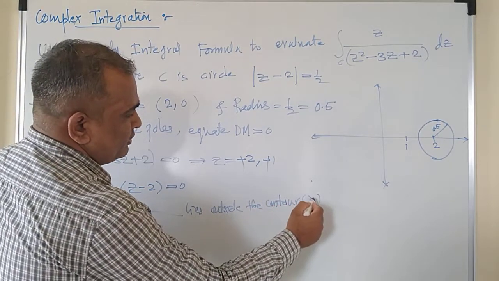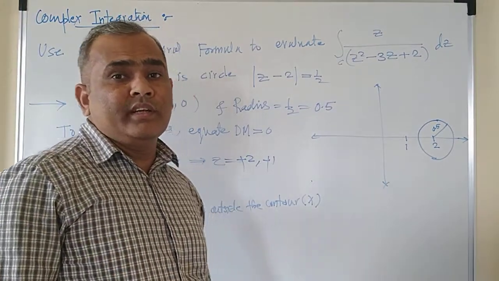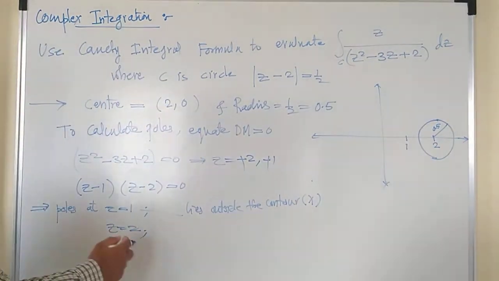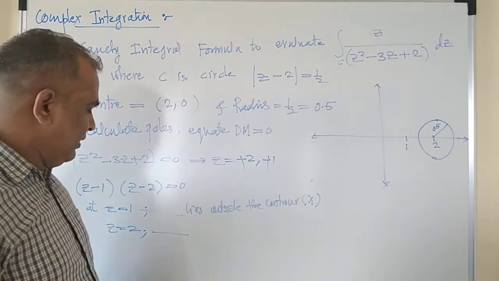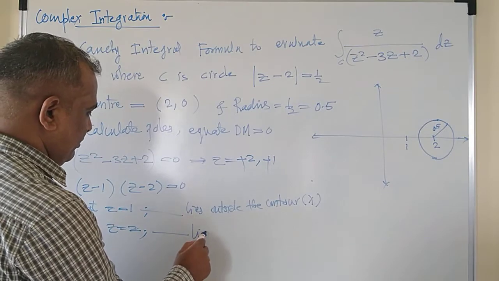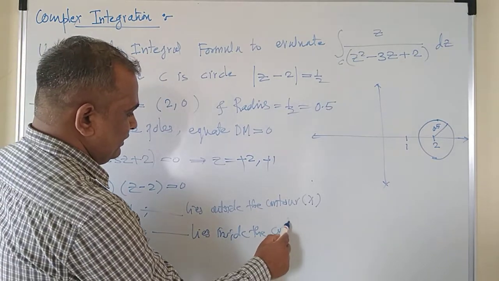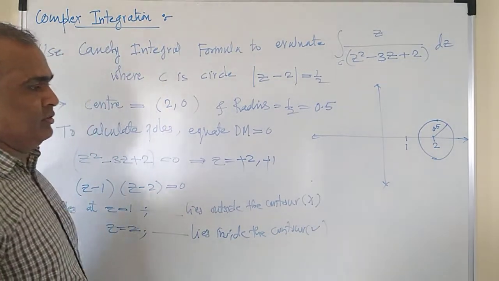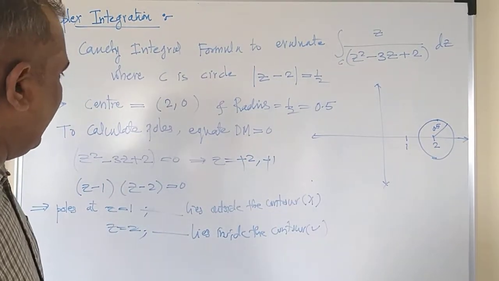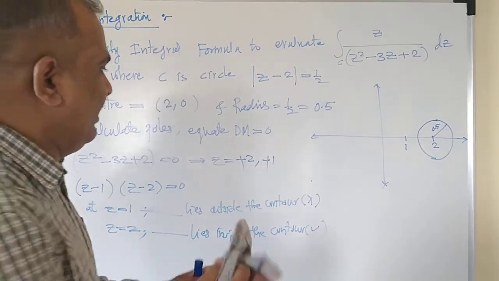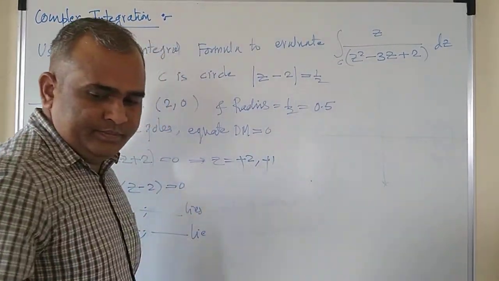And being outside the contour, you need not solve the given integral by using Cauchy integral formula for this pole. You only need to solve the given complex integral by using Cauchy integral formula for this pole at z equals 0, because it lies inside the contour. So you only solve this one, right? Now use the Cauchy integral formula, and I will rub this out, so that you will have these values for your reference, right?